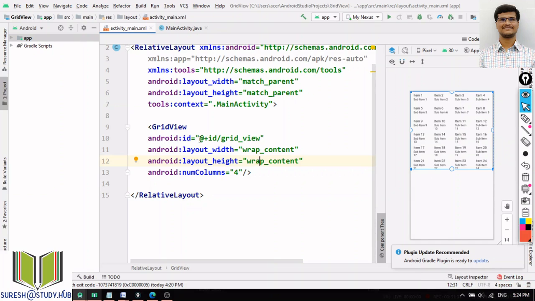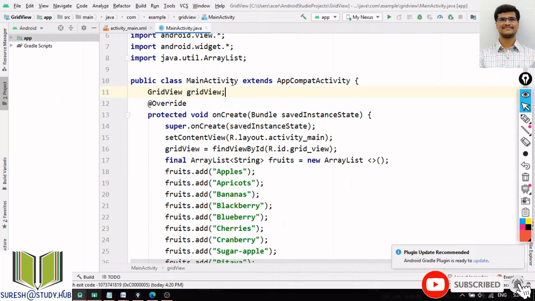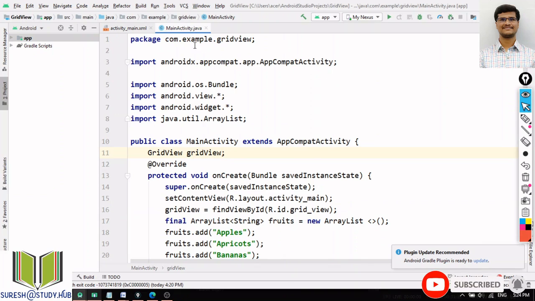Okay, so even for the list view or grid view, automatically it will have some items. I have to fill those, these are the default, so you have to replace these items with whatever you want. Okay, so for this one, first I am going to this main activity. So here also this is the name of the package, and the class it will extend is this AppCompatActivity. So bundle, view, these are by default. Okay, all these will be loaded.